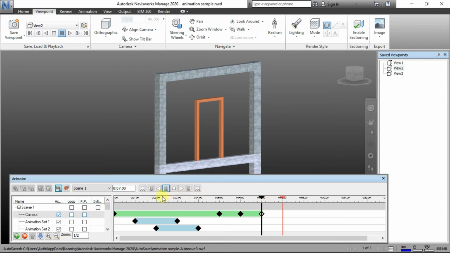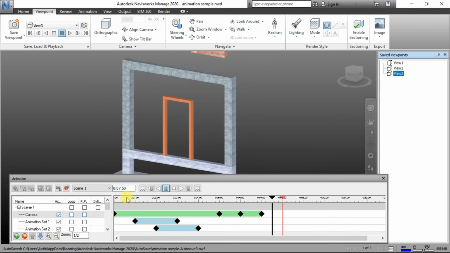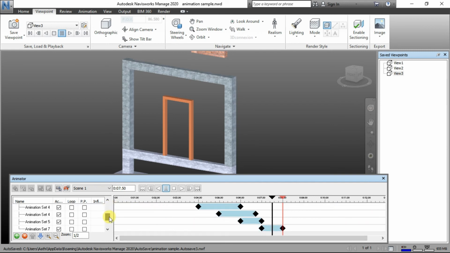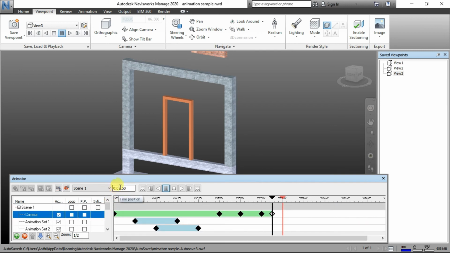Pick camera 2. So the camera stays at view 2 from 6 to 7. From 7 to 7 and a half, it changes to view 3. After that, for the rest of the video, it stays in camera 3.